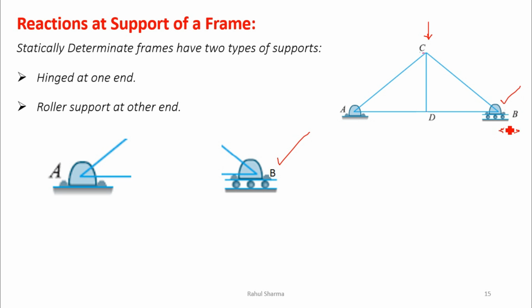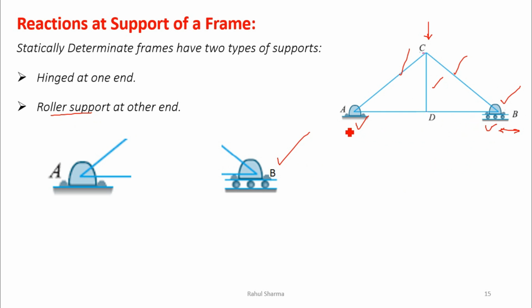So it will adjust. This is a practical thing. Whenever we design the bridges, whenever we design the frames or trusses, we take one support as the fixed one, and the other support as the movable, or we can say the rolling support. So if both are hinge, meaning both are fixed, what will happen? This frame structure will break down because there will be no load absorption point.